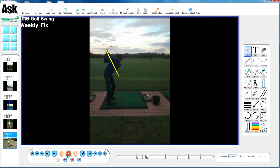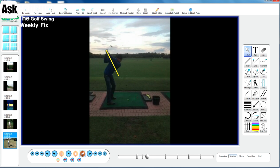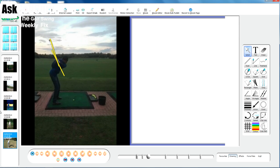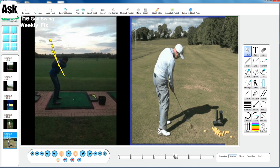let's see, I think your hands move around that area. Yeah, so your hands are moving down on that yellow line, but the first movement as you bring the club down is you just set that shaft above that line, where ideally we would be seeing that shaft dropping down below that line. If you look at my swing here,